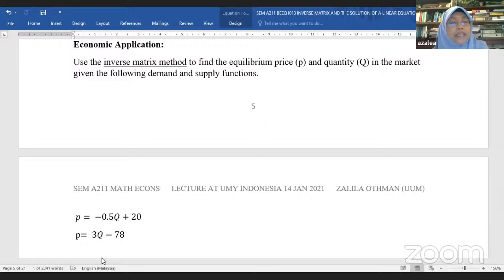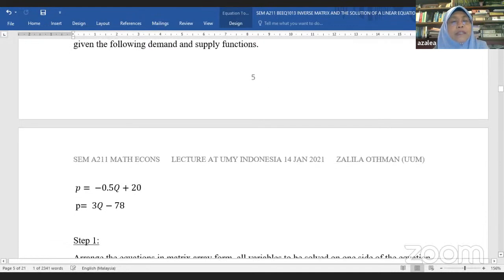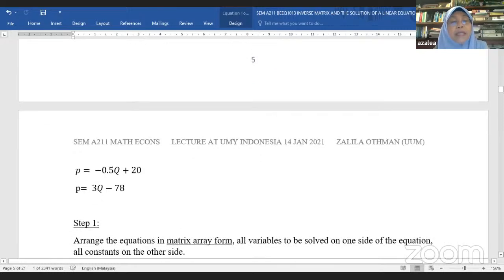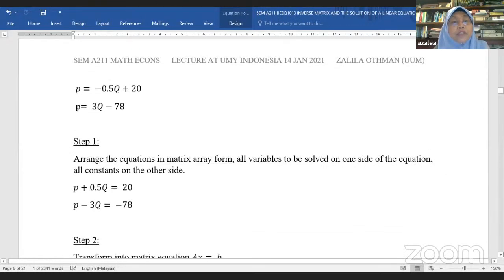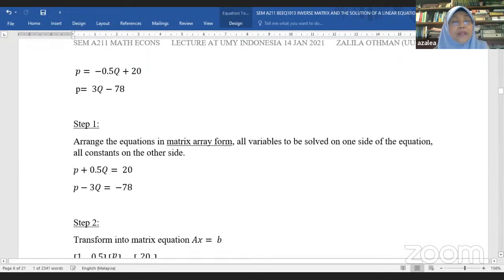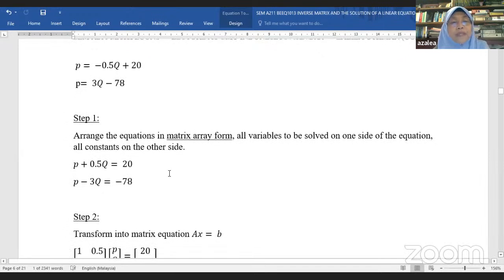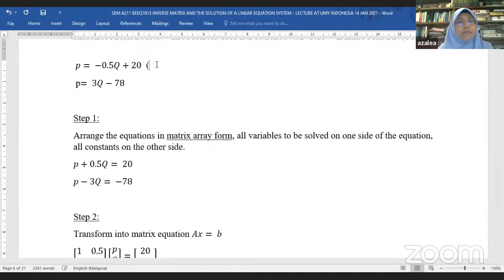The demand function is expressed as P equals to Q, and the supply function is also expressed in terms of price and quantity. We want to find the values of P and Q that will satisfy both demand and supply simultaneously. Let's solve this system of equations using the matrix method, specifically the inverse matrix method. In step 1, before we can use the matrix method, we need to arrange the equations in matrix array form, meaning all variables to be solved are put on one side of the equation and all constants on the other side. So from equations 1 and 2,